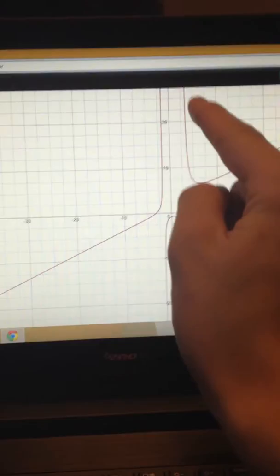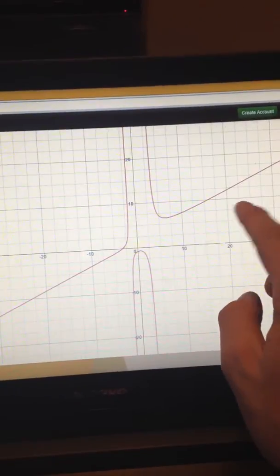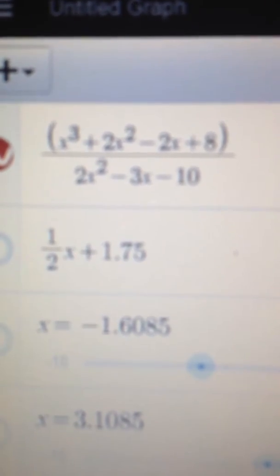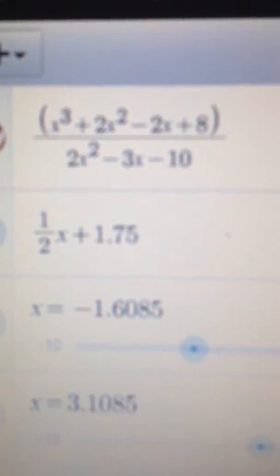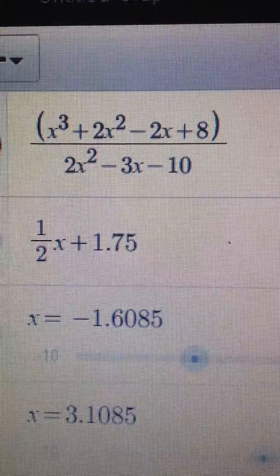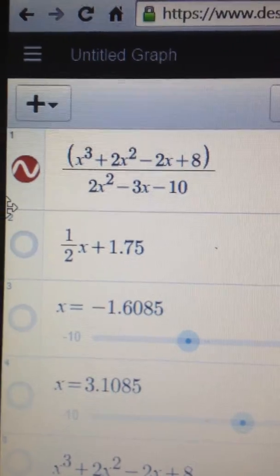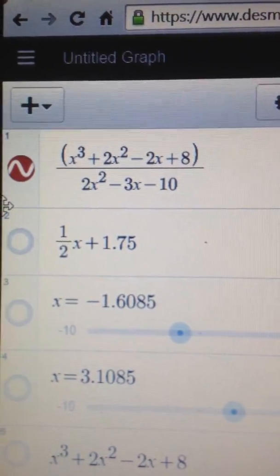So we see it's going to increase on both sides. And because the equation of the remainder was 8.75x plus 25.5 over 2x squared minus 3x minus 10, what we're going to see is that around values of 3, 3 times 8 you're going to have 24, which is your leading coefficient, and which